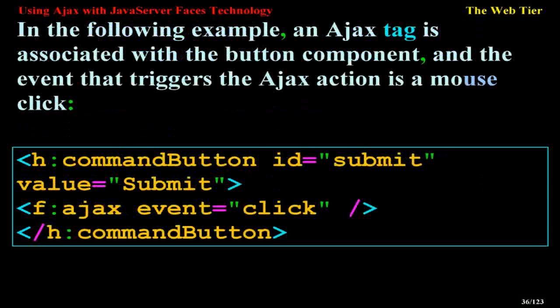In the following example, an Ajax tag is associated with the button component, and the event that triggers the Ajax action is a mouse click. <h:commandButton id="submit" value="Submit"> <f:ajax event="click"/>